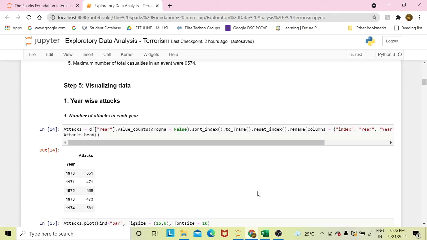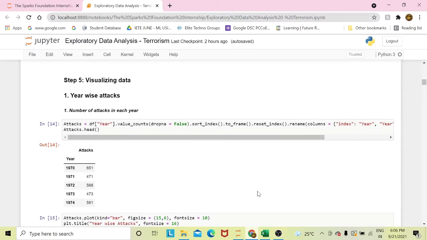First, we visualize it through the year. We check the number of attacks per year. So we take the column year and count the values using value_counts. After that, we sort the index and make it into a data frame. We reset the index and rename the columns index to year and attacks. After that, we set the index to year.